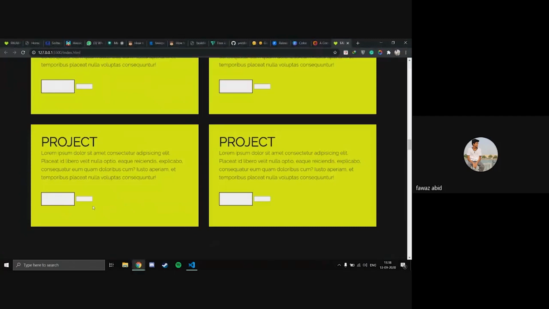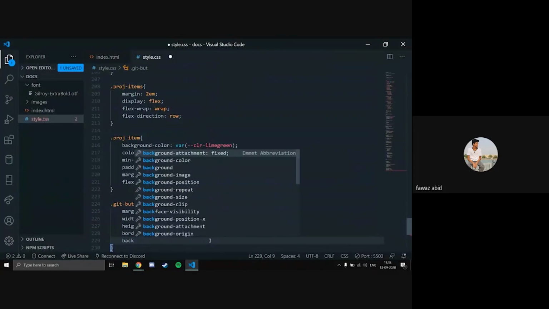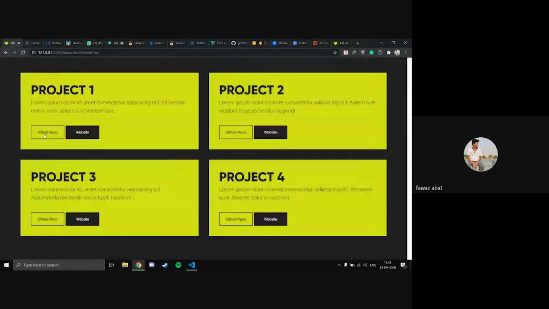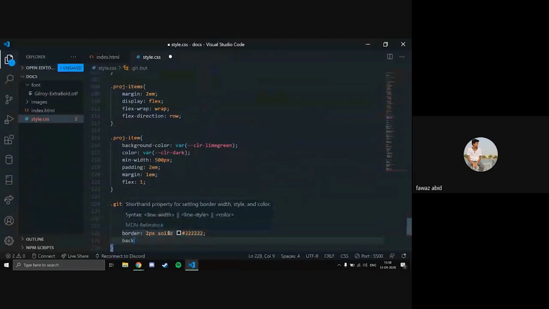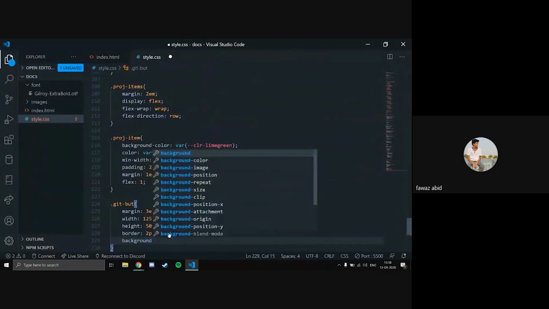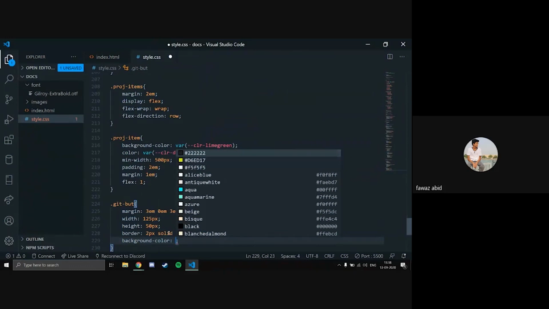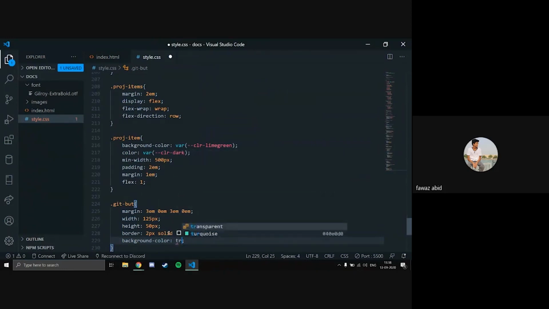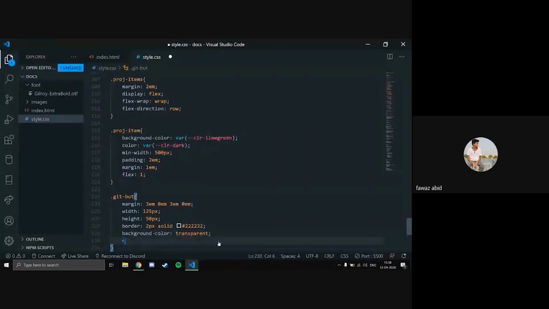And we have added a border. We want to make the background color transparent, because if you can see in this one, it's transparent, right? So we're gonna do that. Go to background color. And now it will be this thing, but then we want the color of the text inside it to become